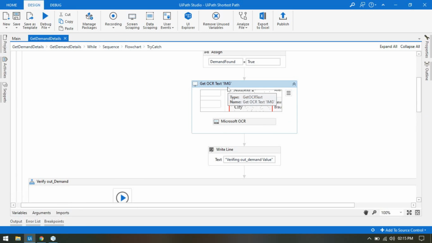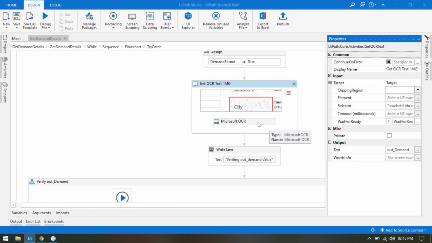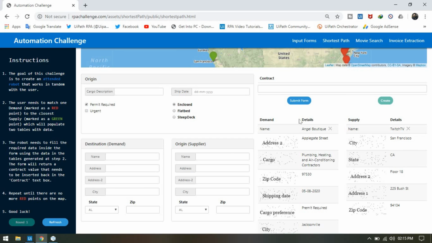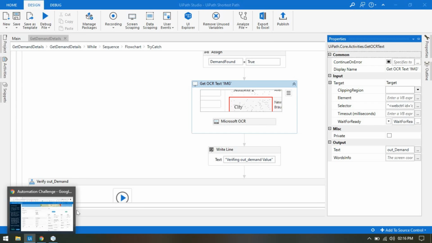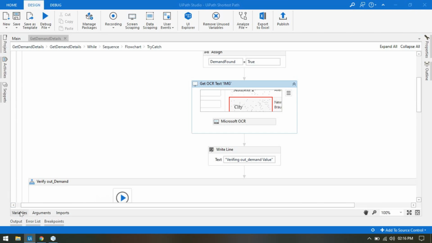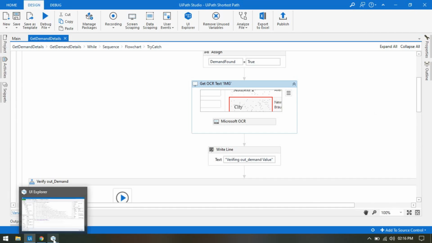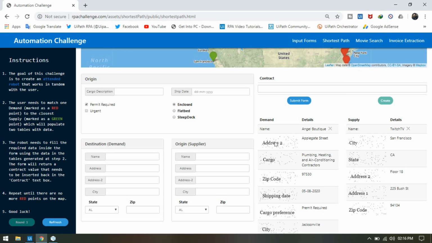And here, to fetch this label like address 2 and this cargo, I am using this get OCR, and then using the Microsoft OCR engine I am trying to capture all this data, these labels only. And then here you can see this is the selector, that is the tag table, and the table column equal to 1 and table row equal to counter. So one by one the counter will start fetching from counter 3, because we have set the default value to 3. So it will start fetching the data from the third row.